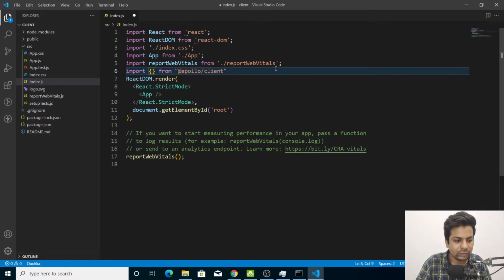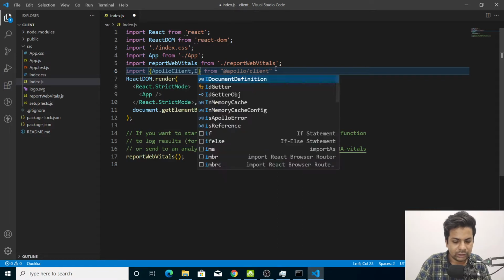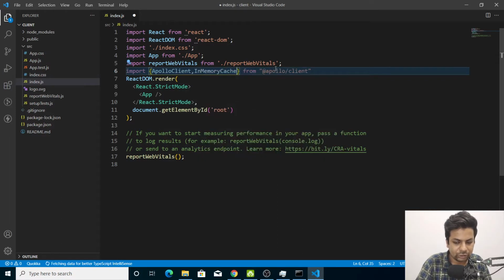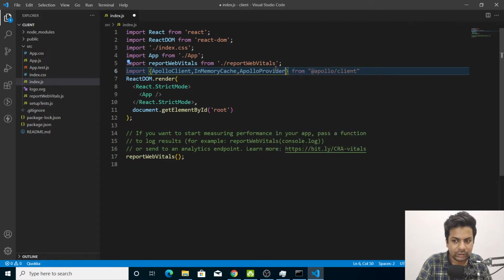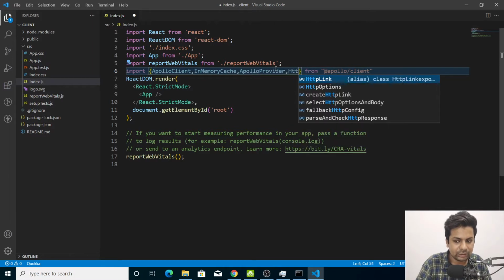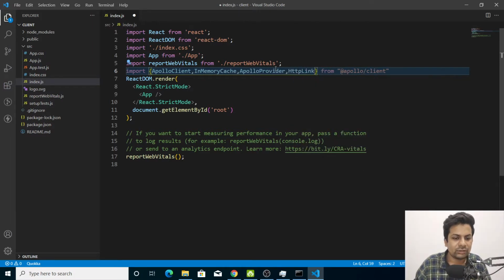What things we need: ApolloClient, then InMemoryCache, then ApolloProvider, then HttpLink. So these things we need to import.